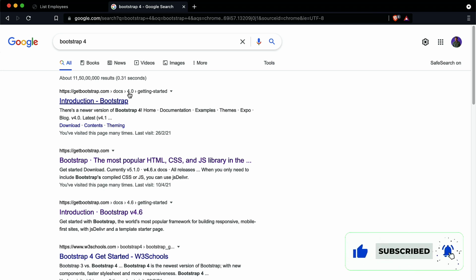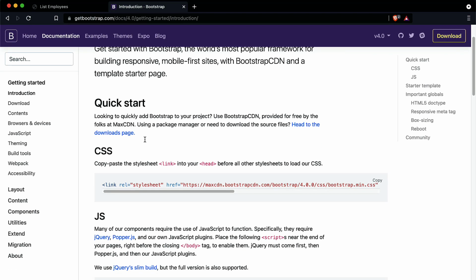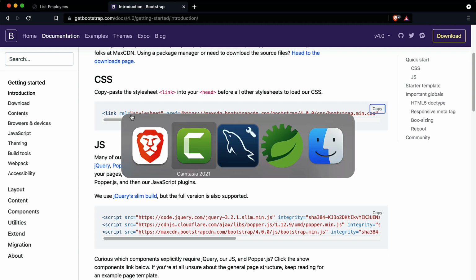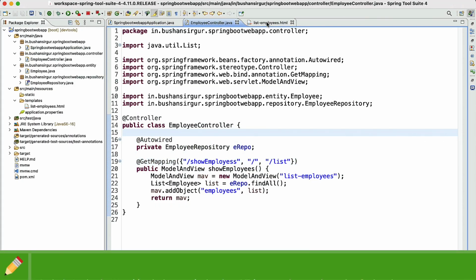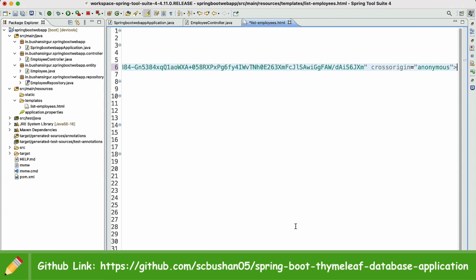You can see the docs is 4.0. Scroll down and you will see this CSS option. Copy this. Let's navigate to the STS. Inside the list employees.html, inside the head section, just after the title tag, paste the link.